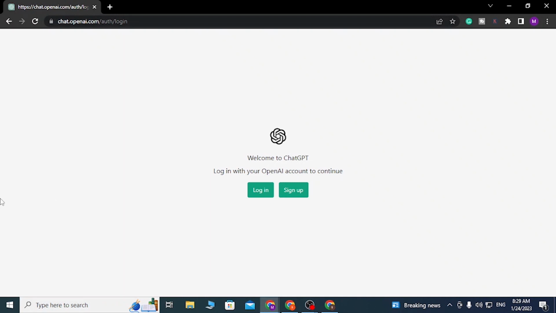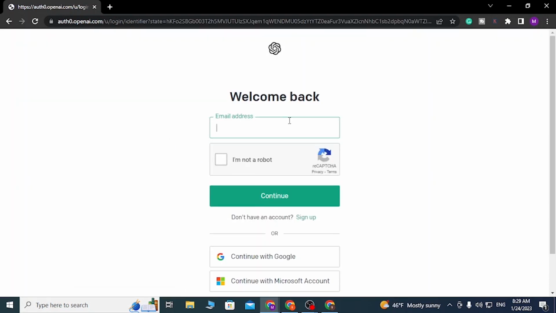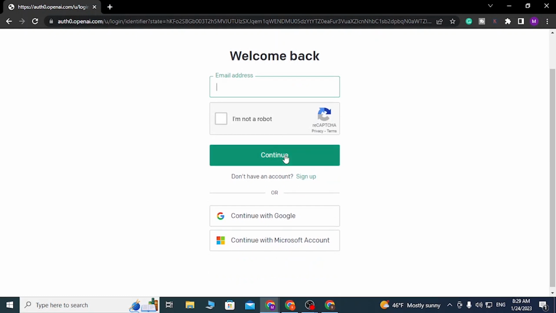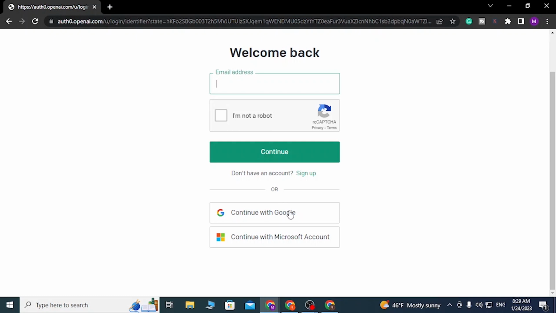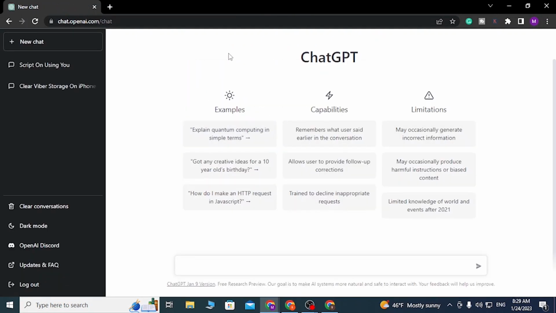to sign in to your Chat OpenAI. In order to do that, let's click on login. You can enter your email address over here and continue, and on the next step you'll be required to enter your password, but for now I'll be continuing with my Google account. And after logging into your Chat GPT like this, on this interface at the bottom left corner of the